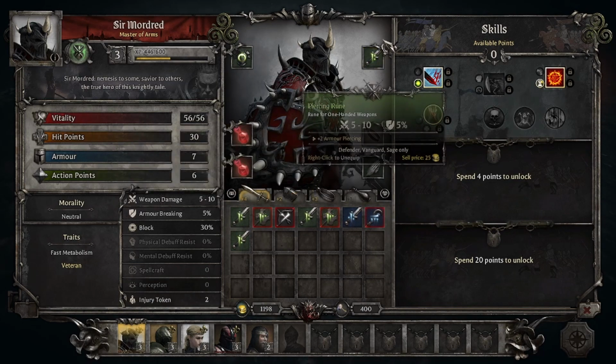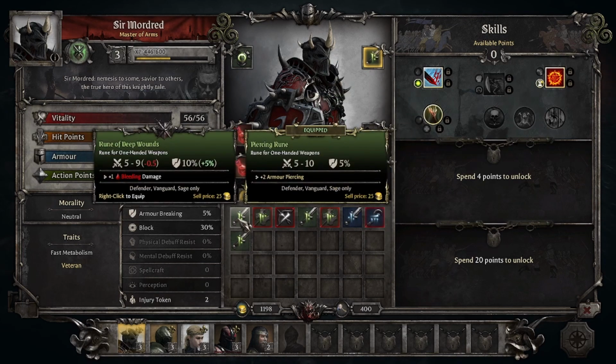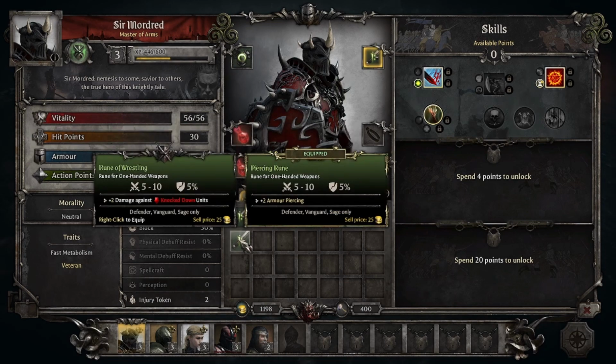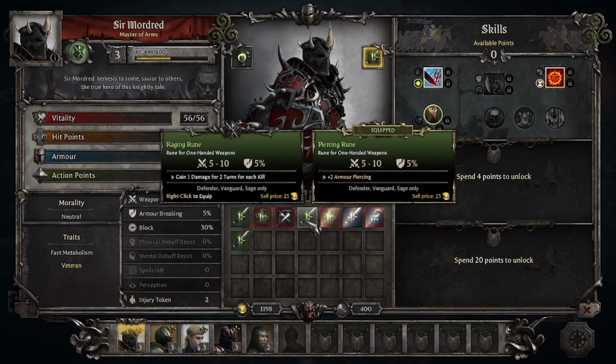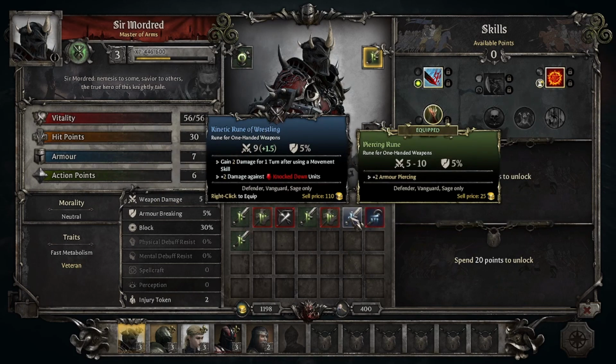of runes. So he's still rocking the +2 armor piercing, which is good for us. Let's see what else we have available to us. This deep wounds, wrestling, +2 damage against knockdown units. That's not helpful to us. And we have the raging, gain 1 damage for 2 turns after each kill. So none of these in the green are really good, but we do have this one, the kinetic rune of wrestling. So gain 2 damage for 1 turn after using movement. So if you move and then hit somebody, you're going to get 2 extra points of damage, and you do +2 against knockdown enemies. So that's kind of where the synergy works with some